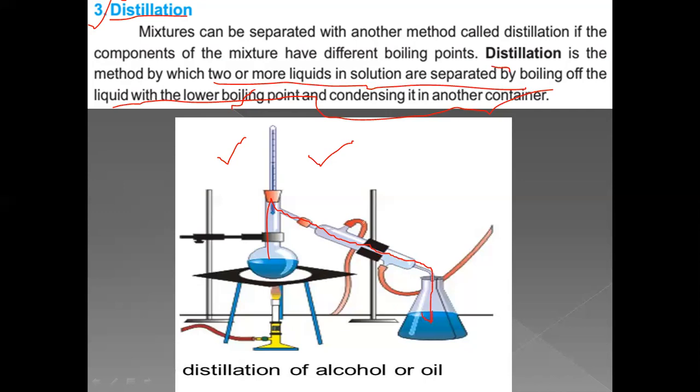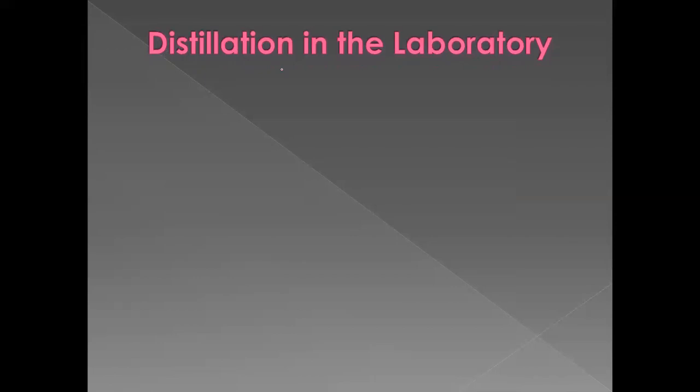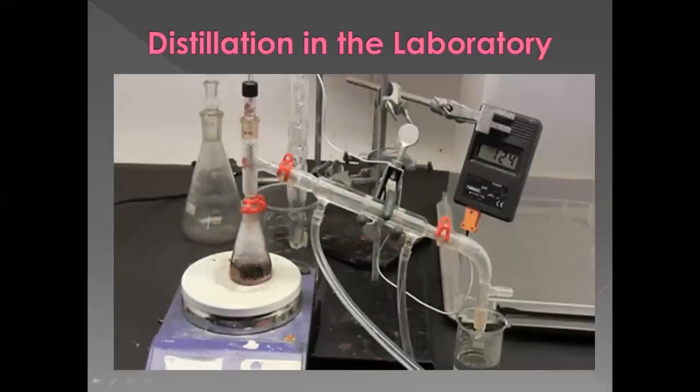Here there is a water outlet and inlet, that is for cold water. Cold water is running around this tube to change this gas into liquid form. If we see this process, distillation in the laboratory, how it's done, you can see this process. It's so interesting, no? The apparatus setup is a little bit harder, but you can see here